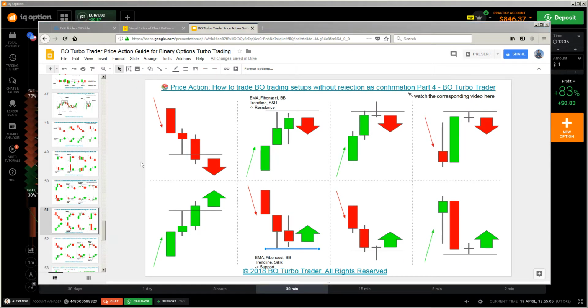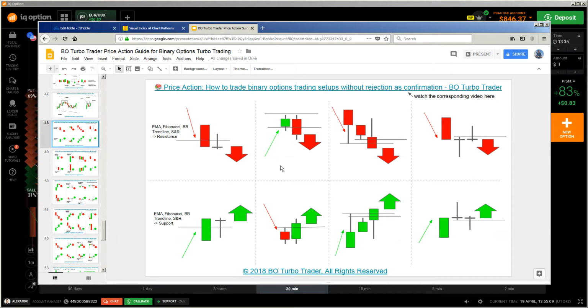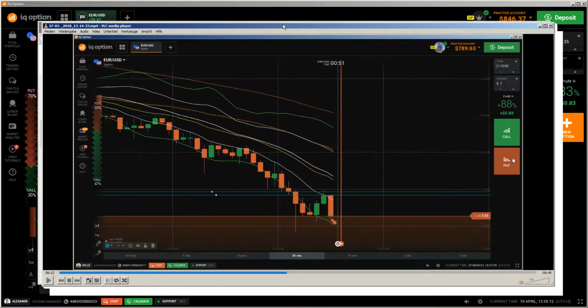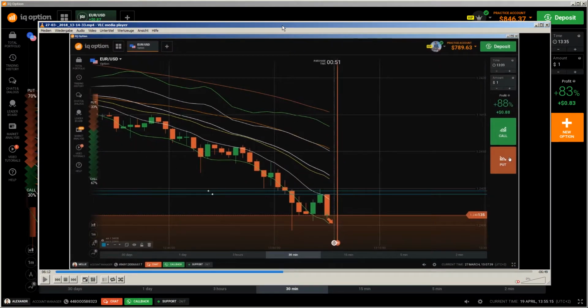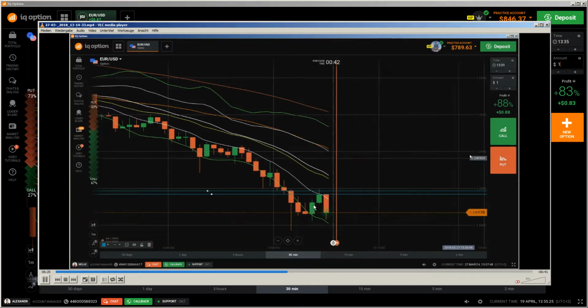So the next one will be again the engulfing candle, and that is this again here, only this time a little bit different from the other one, but it's the same concept. Let me play, and when we are so far, I will stop the video. So we got here this kind of candle. It was going down. So see, after this, like I told you, you could do another call,